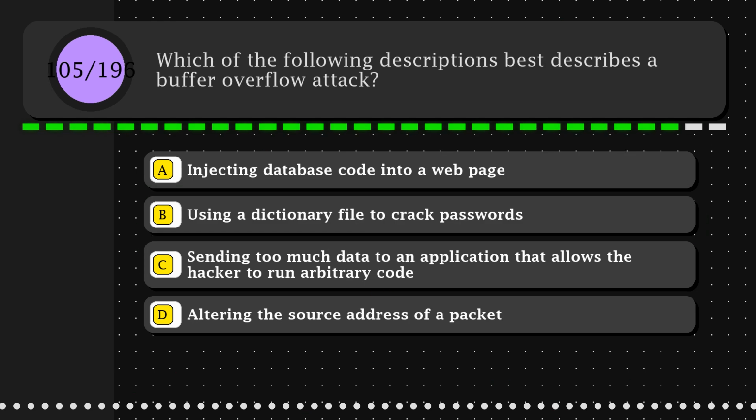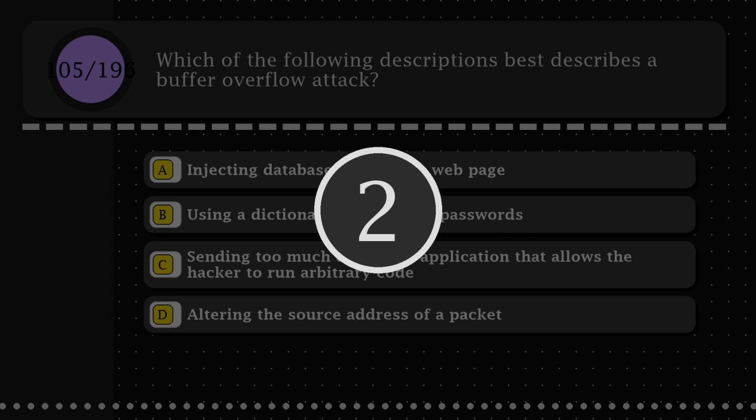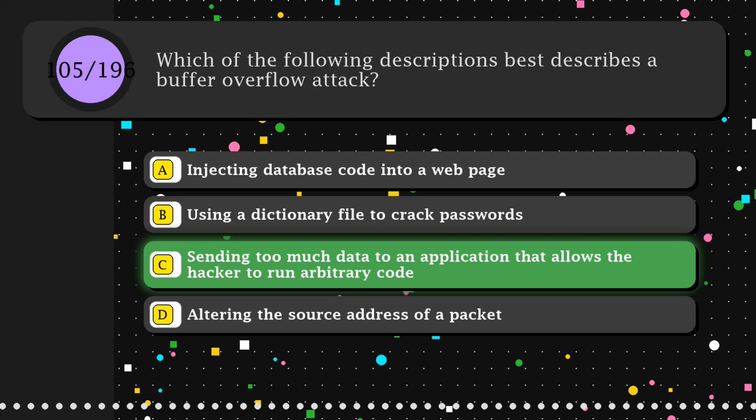Question 105. Which of the following descriptions best describes a buffer overflow attack? Option A, injecting database code into a web page. Option B, using a dictionary file to crack passwords. Option C, sending too much data to an application that allows the hacker to run arbitrary code. Option D, altering the source address of a packet. The correct answer is option C, sending too much data to an application that allows the hacker to run arbitrary